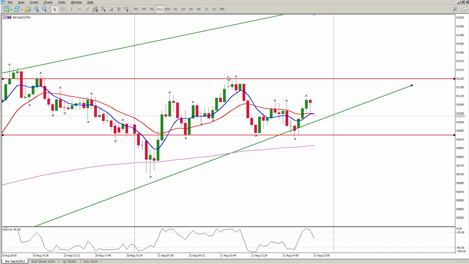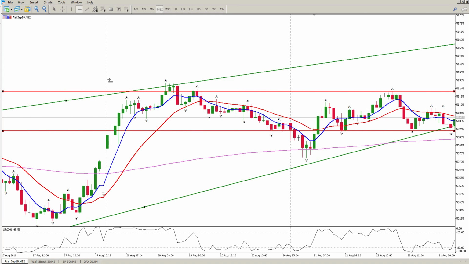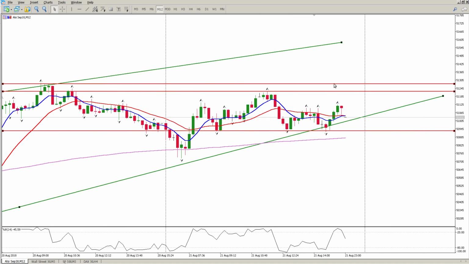What may happen though is we may break this top fractal, which is also cool because it'll be above the moving averages as well. So that's the beauty about the moving averages being flat in the middle here. So if we do break above the top fractal, same scenario, it's long there and stop loss below this fractal. Okay, so this top level is 51.225, I would say, just to be safe. And what you're looking for is a break, firstly, of this high here. Okay, so if you do get a break above here, which is 51.278, then you can look for